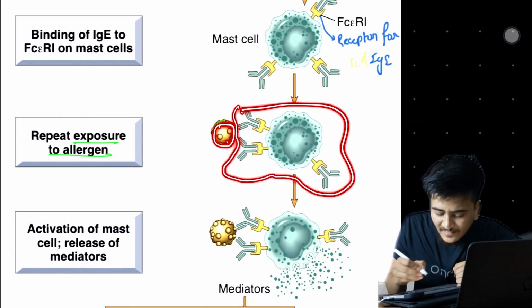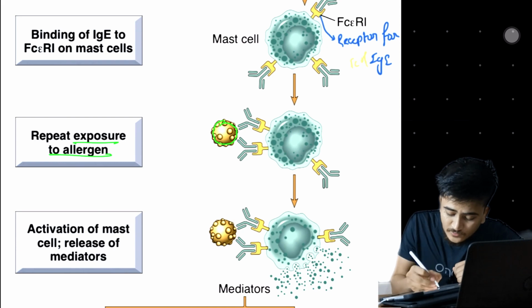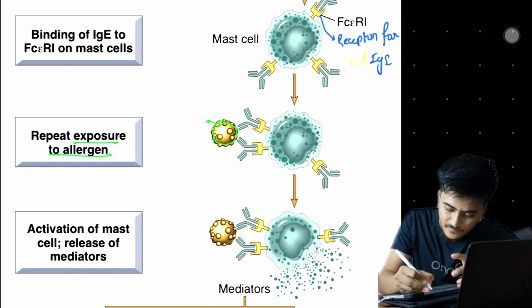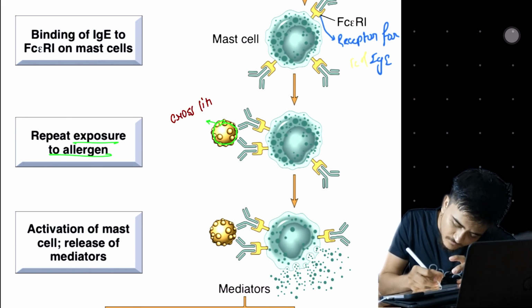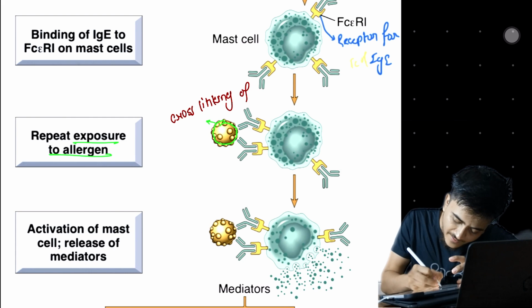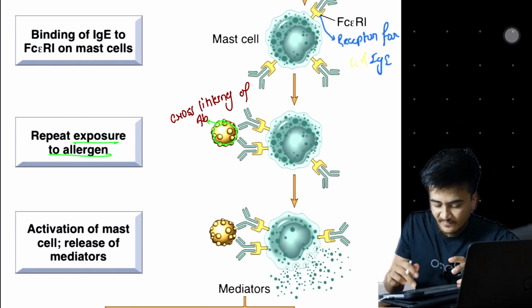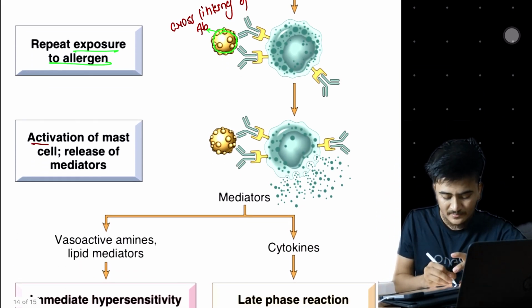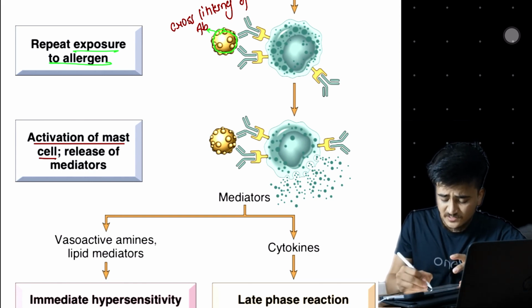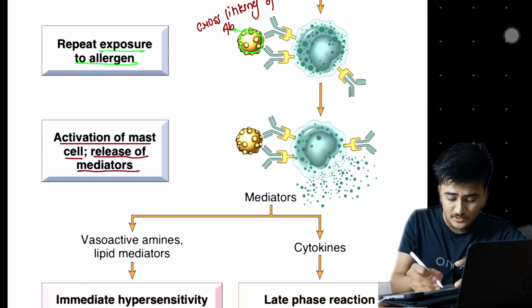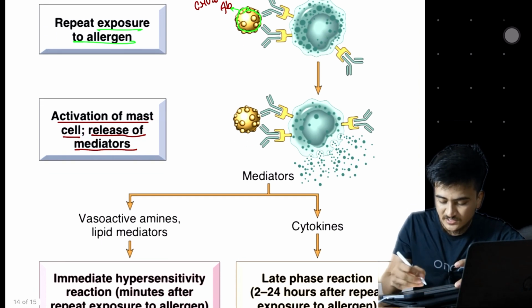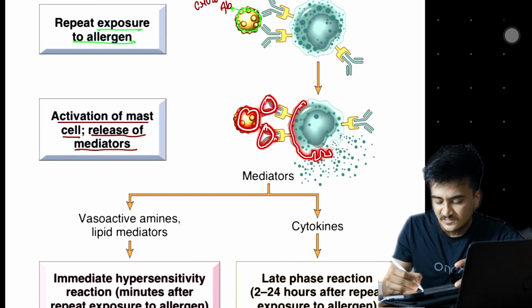Now the allergen will come and cause cross-linking of antibodies. As the cross-linking takes place, what will happen? Activation of mast cells. When these mast cells are activated, they will cause the release of mediators. You can see right here, this is causing cross-linking, and the mast cell is activated. As it is activated, it is causing the release of several